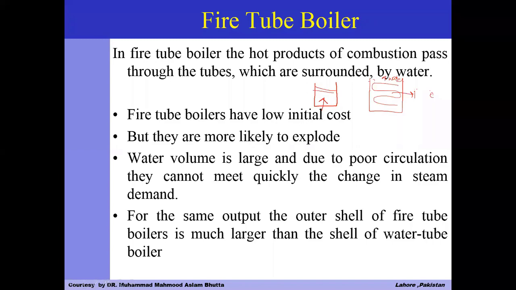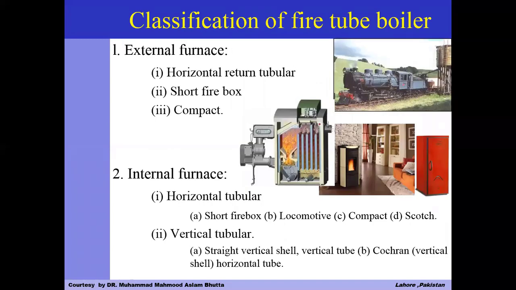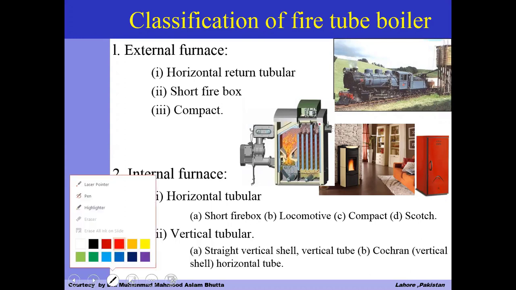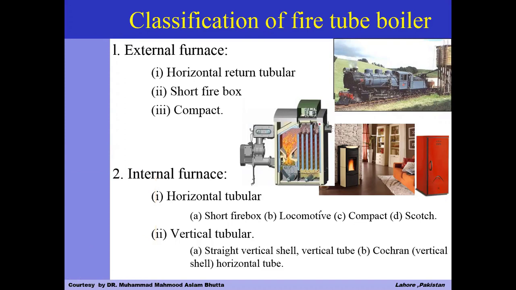If we discuss the working of the fire tube boiler, the fuel is burned inside the furnace. The hot gas is produced in the furnace, then passes through the fire tubes. These are the fire tubes. There is some source of combustion, hot gas is produced and passed through these tubes. The water is inside the drum, so heat is transferred between the fire tubes and the shell or the drum in which the water is contained.